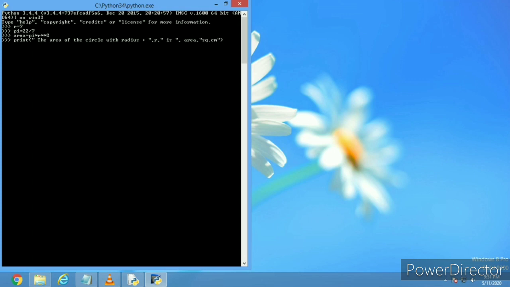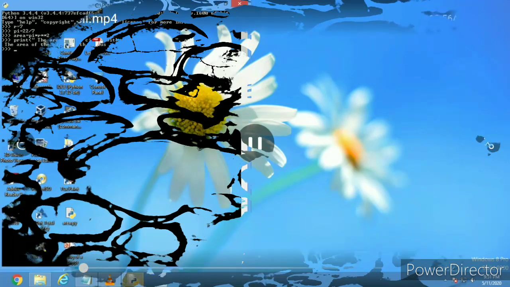Pressing the enter button, and here is the result, 154 square centimeter.